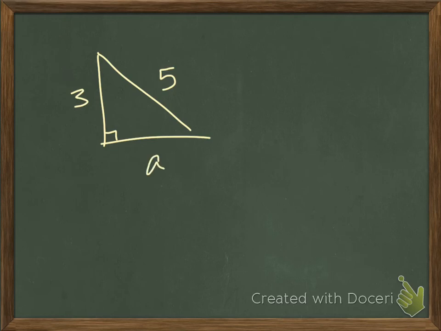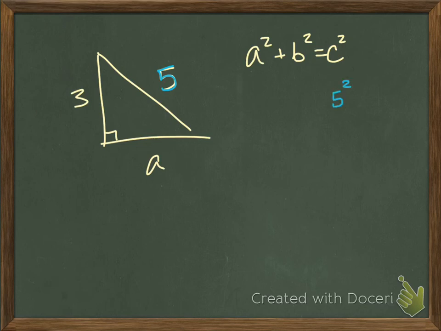So like, let's say you have your triangle. And let's say this one is a 5. And this one is a 3. And we don't know this value. We'll call it A. Well, we could apply the same formula. We say, okay, well, A squared plus B squared equals C squared. In this case, we know C. So our C value is 5. So I have 5 squared